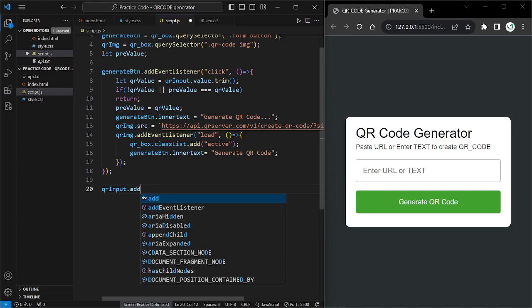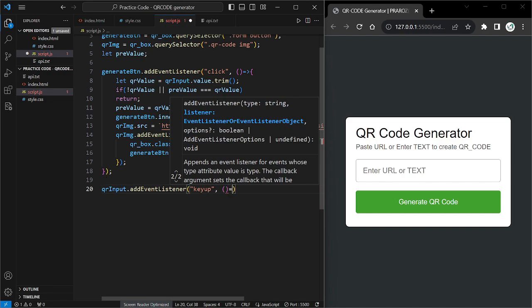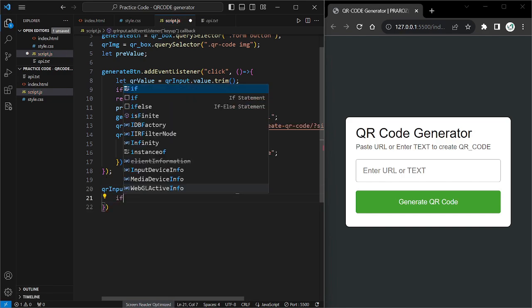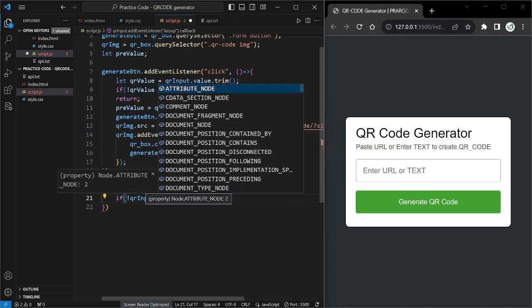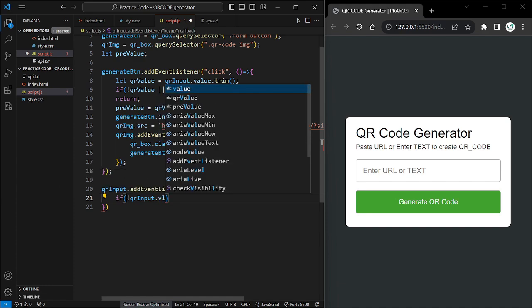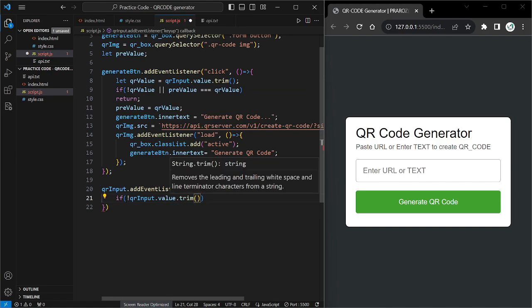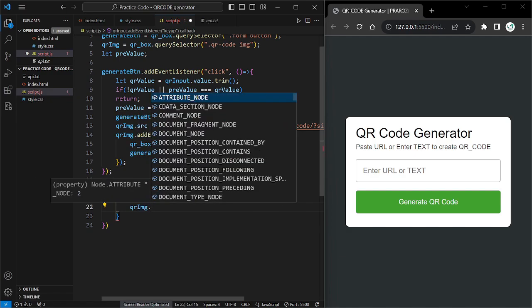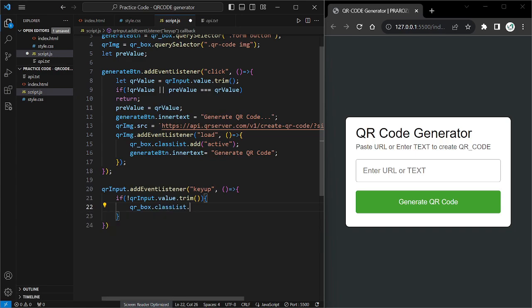Dot addEventListener, so here we have a keyup. Okay, then so if not QR input dot value dot trim, okay, then we have the QR box dot classList dot remove